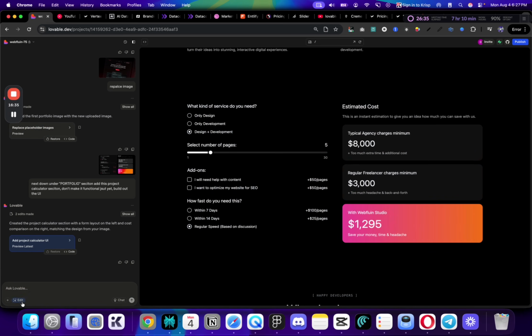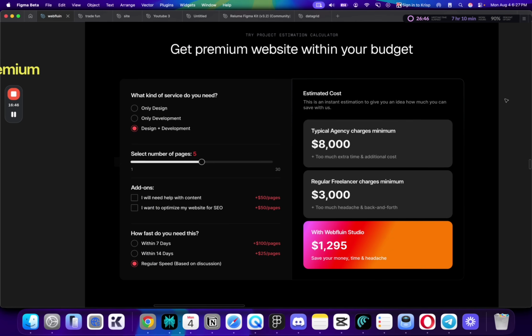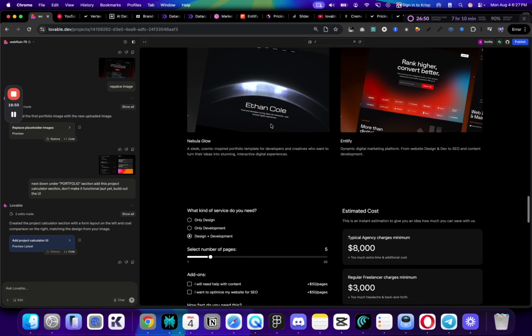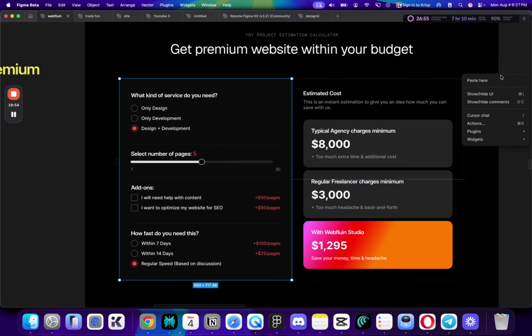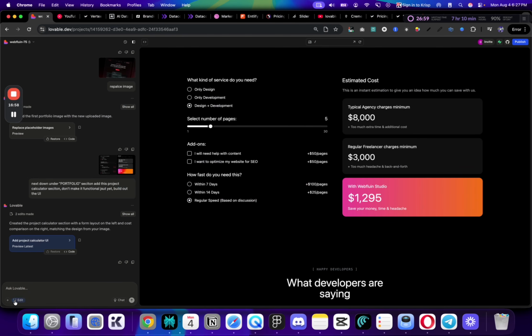Honestly, it is pretty good. It is way better than I expected. Obviously, the radio button doesn't work. The slider doesn't work, but it got the biggest part of it. So now what I can do is just add a few of the elements to the design, and then that would be it. So yeah, for the design, we're gonna say make the background